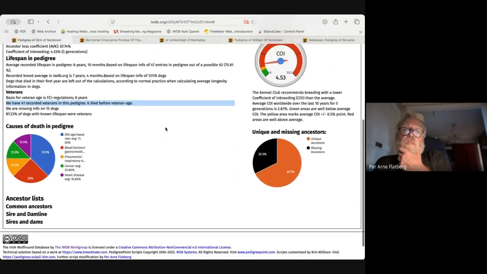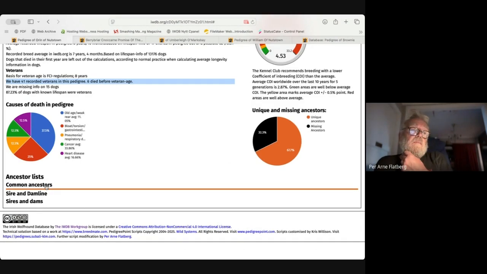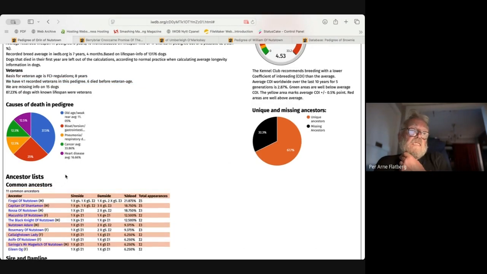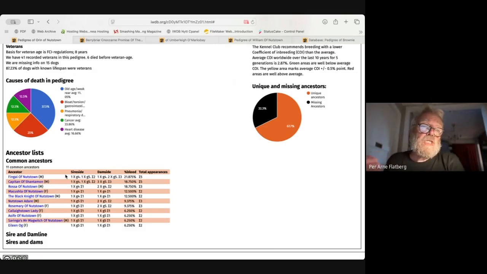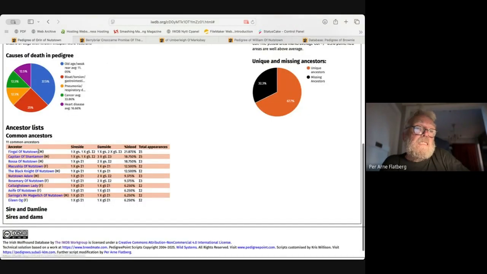And if you go further down, we have ancestor lists where we have common ancestors. We can see here which ancestors are actually used on both sides, and what I would call a mild form of line breeding. And I would say that Orion is slightly line bred on Fingal. He appears 2 times on the sire side in 5 generations and 3 times on the dam side here,